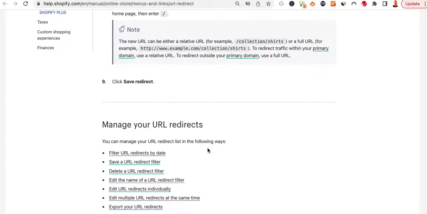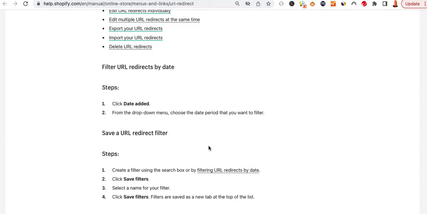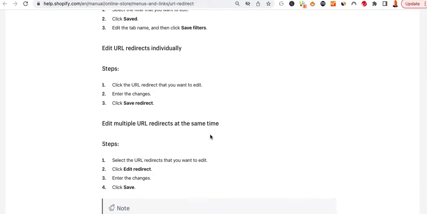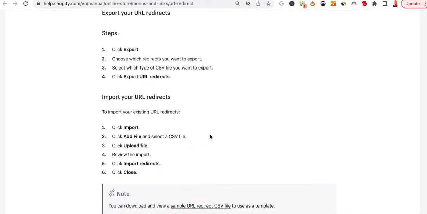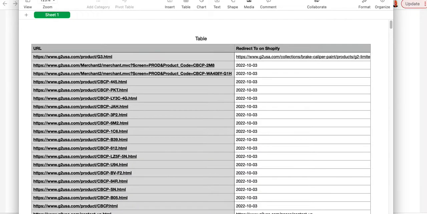And so you can create them, and filter them by date. You can read all this stuff. I'm not going to go through this. But you can import them, right, or export them. So I don't have any in there now, but you can use this sample download here. If I click on this sample download, it's going to download a CSV file, and I'll open that file up,